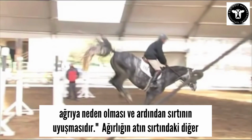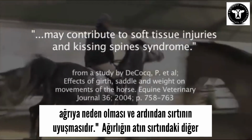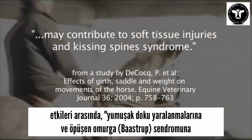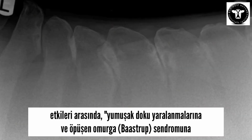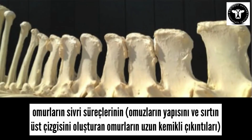Other effects of weight on the horse's back include extension or hollowing of the back, which, quote, may contribute to soft tissue injuries and kissing spine syndrome. Briefly, kissing spine syndrome is when the spinous processes of the vertebrae, the long bony protrusions of the vertebrae, which form the structure of the withers and the top line of the back, start to touch each other and will